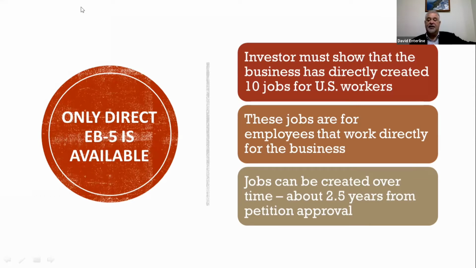of their money. Then after a period of time, after that loan period passed, the borrower would repay the loan to the special purpose entity, and then they could pay back the EB-5 investors. And that was their exit strategy on how you as an investor could receive back your investment. That's a lot more difficult now to arrange because loaning to another entity typically doesn't qualify in a direct EB-5 model, right? So now you have to hire people directly, and so certain types of businesses do hire a lot